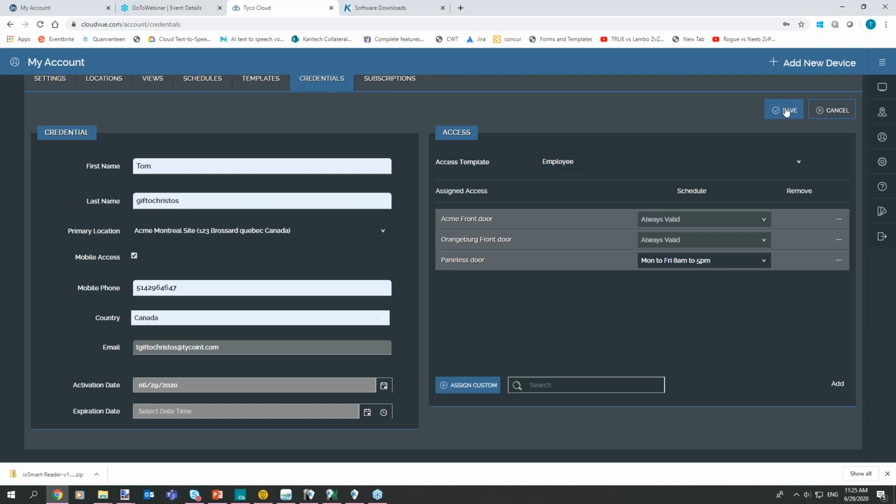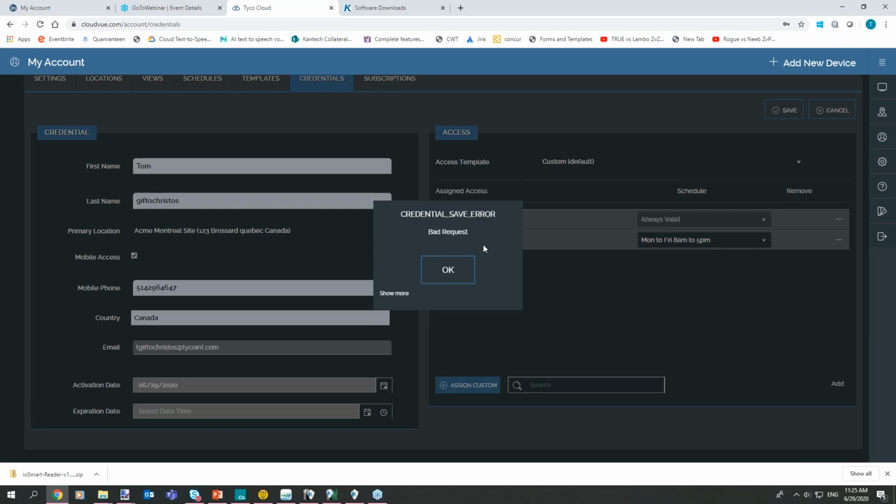Now, the really cool part here is that I can customize a template. Whereas in Enterpass, when I give you an access level, the access level is as is. You have to give a different access level if you want to remove or add a door, unless I'm using the exceptions. The templates here, I give you a template view, but then I can remove a particular door from the list. Then I press save,